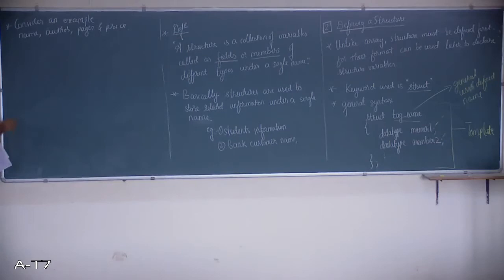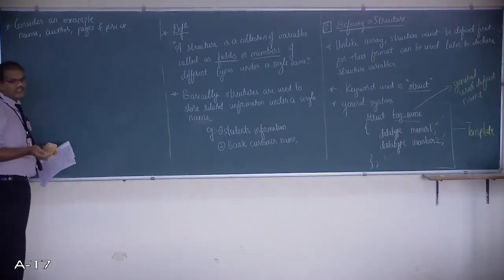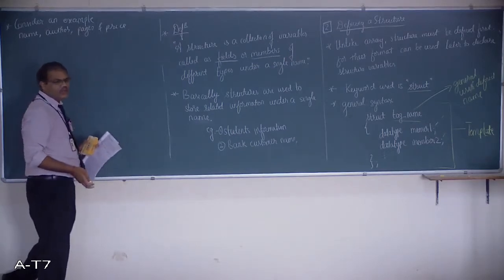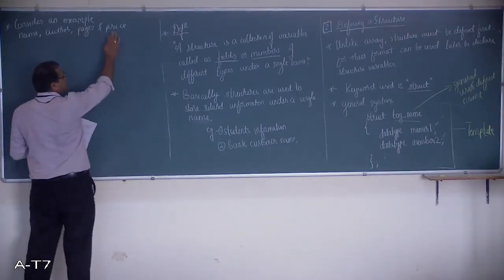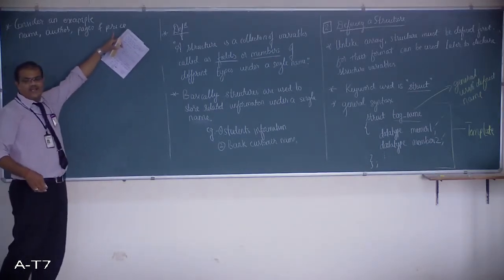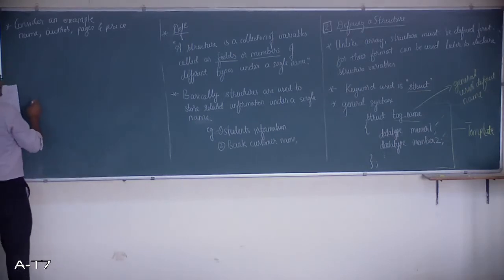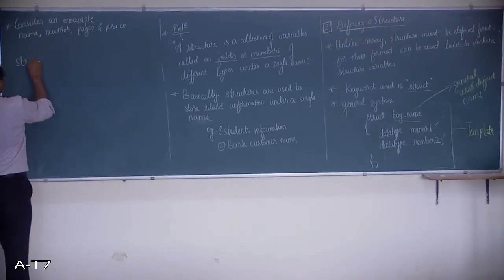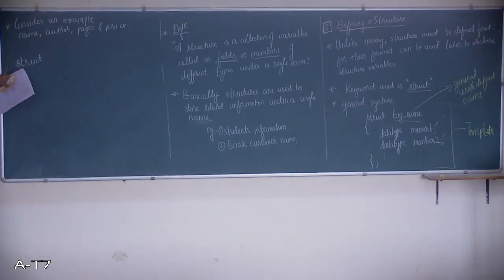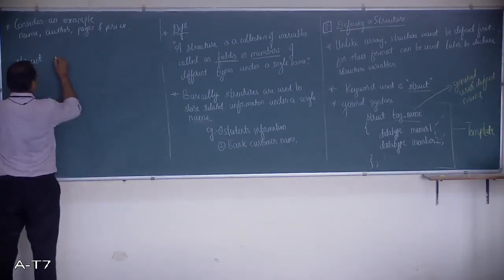Now, you can see that name is a string, author is again a string, pages can be a number, so it is generally a number, so it can be an integer. Price, I cannot have an integer. Why? Because the price can be in decimal, so I have to have price as a floating point. So I will define a structure here. Remember, S is not capital, it is all small. The keywords are all in small letters. Struct.